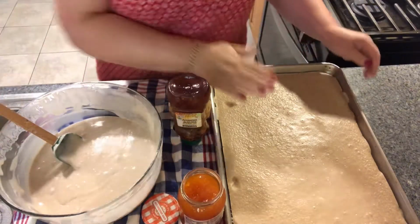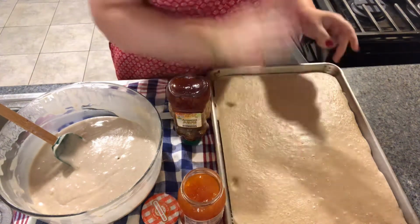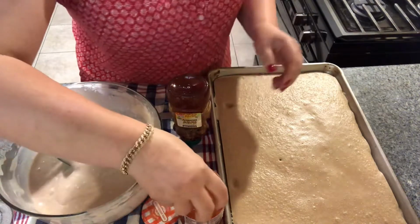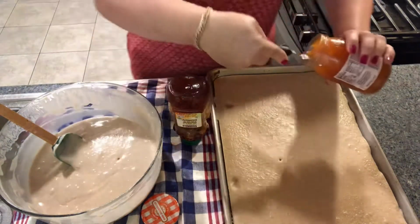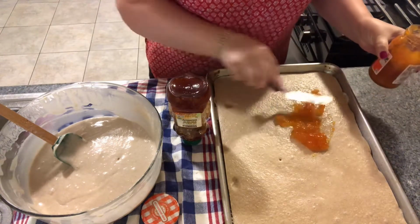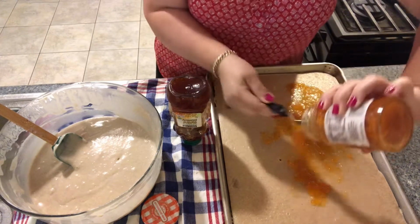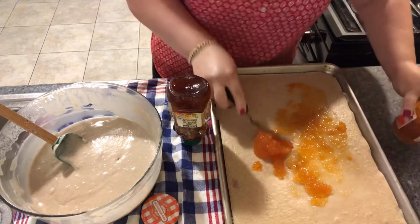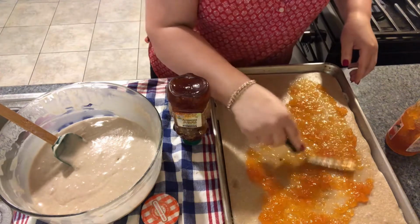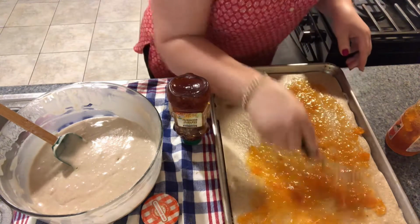So our honey cake first layer is done, and it cooled off just a little bit, so you can put your hand, and with our toothpick, it's clean here. So we're just gonna be putting our apricot jam, about 2 cups here, and just spreading it, thin layer. Our cookie sheet is pretty large, so it needs at least 2 cups. If you feel like you have too much jam, you could put less, but I'm putting at least a cup and a half